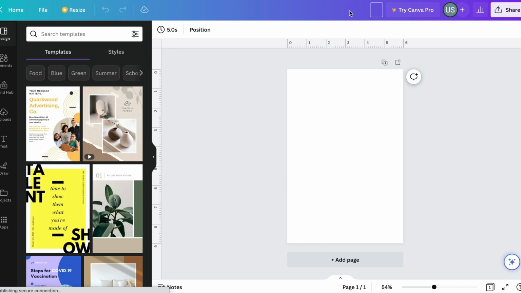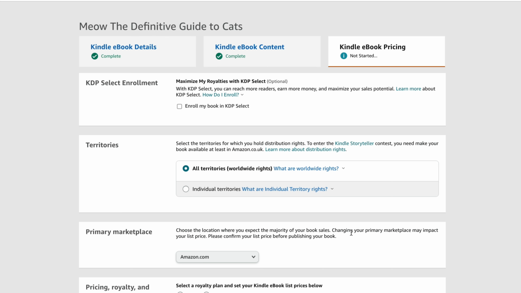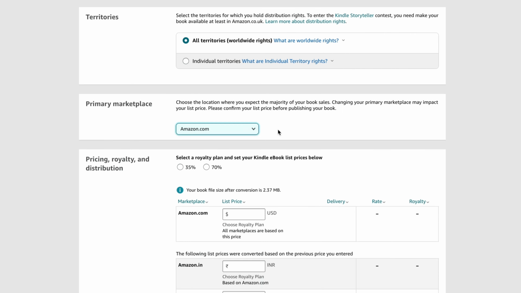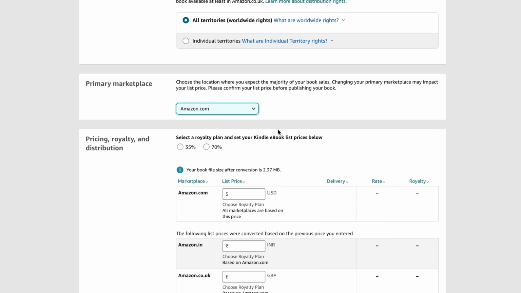It is optional to provide an ISBN for your Kindle ebook. Let's skip it for our demo. Now we are at the last step, pricing. If you wish to sell your ebook exclusively on Amazon Kindle and reach a wider audience, you could opt for the Kindle Select program. Let's choose the 70% royalty option and price our Kindle ebook at $7.99. Then, hit Publish your Kindle ebook and wait for Amazon's approval to start earning passive income.